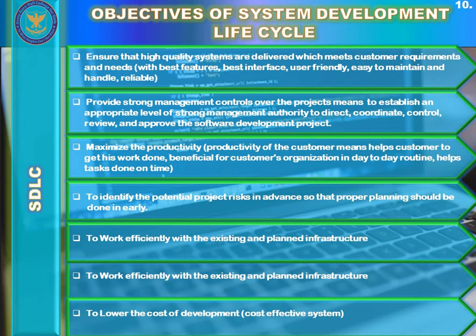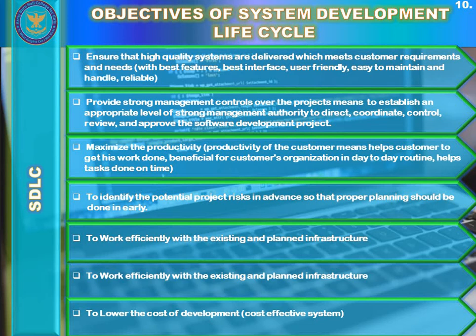Another objective of SDLC is that it provides strong management controls over the projects. Means it establishes an appropriate level of strong management authority to direct, coordinate, control, review, and approve the software or system